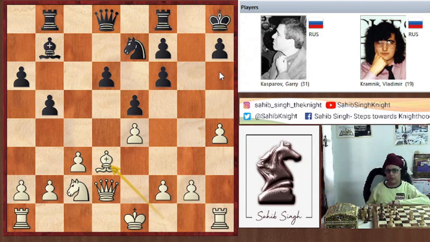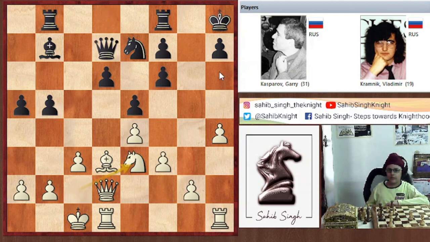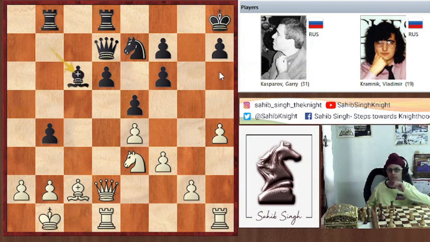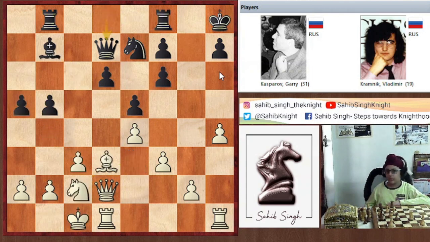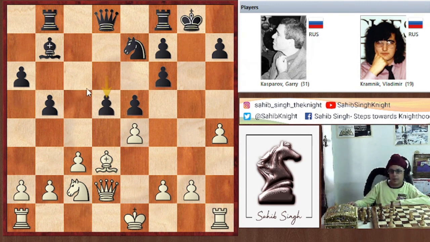An old line was king to h8, in which white plays castles, a5, f3, queen d7, knight e3, rook f d8, bishop c2, b4, c into b4, a into b4, king b1, bishop c6, and that was the theory, the old line. But here Kramnik found a new idea, which was d5, and here you are threatening to capture on